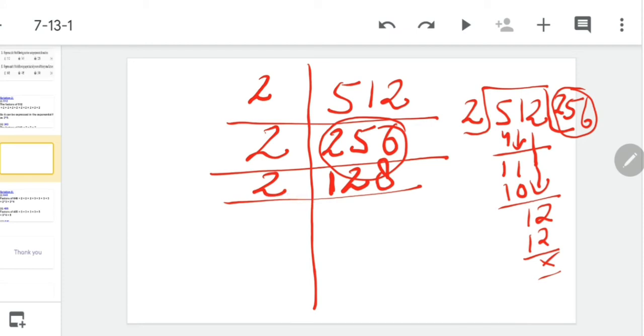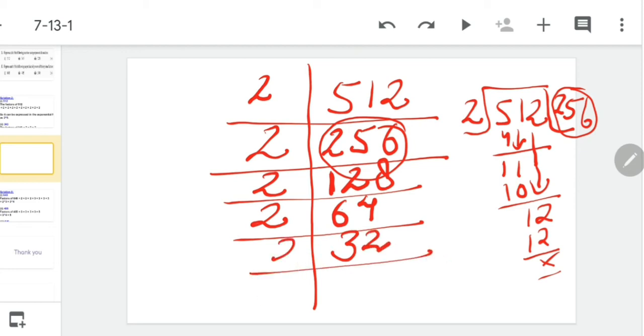Again 128 can be divided by 2. So it is 6 and 4, 64. Again 64 can be divided by 2. So that is 32. Again we can do it with 2. So it will be 16. Again it can be divided by 2. So it will be,